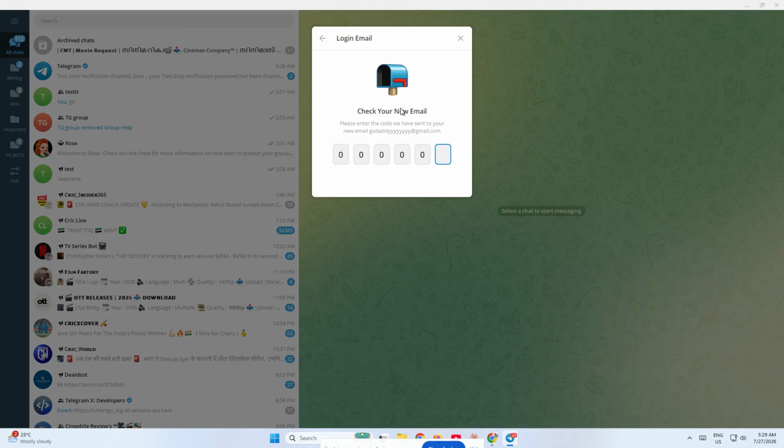You've now changed your email on Telegram using the desktop app on your PC. It only takes a few minutes once you know where to go, and now you can keep your account details